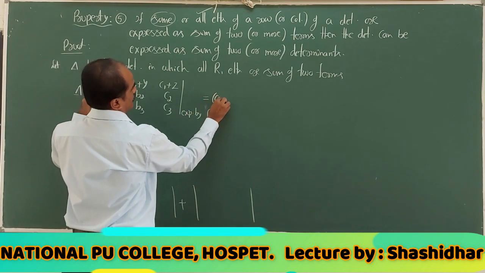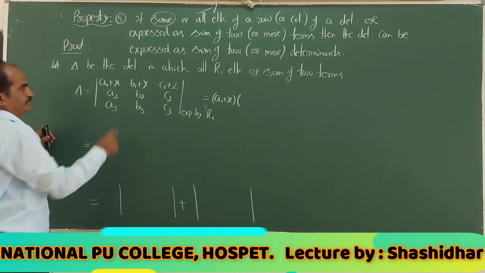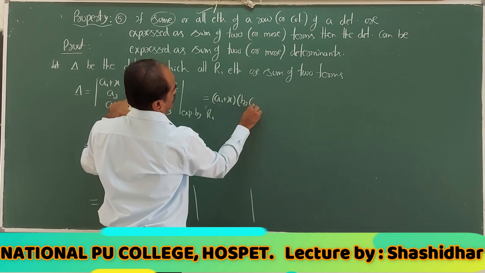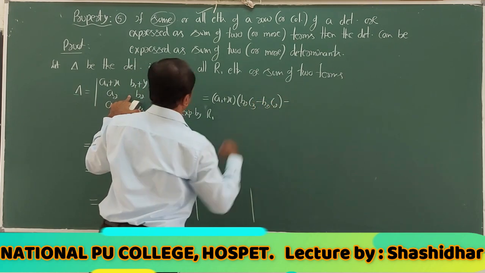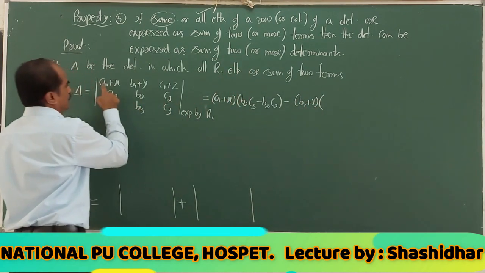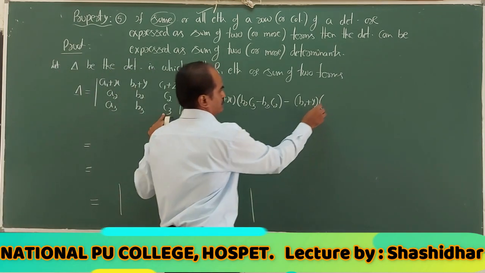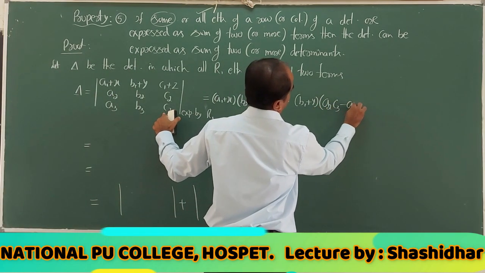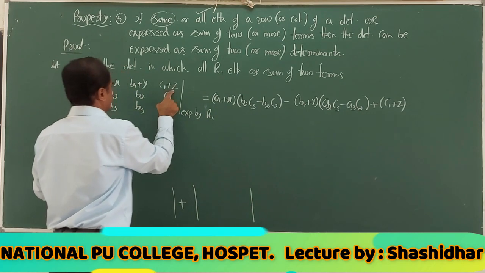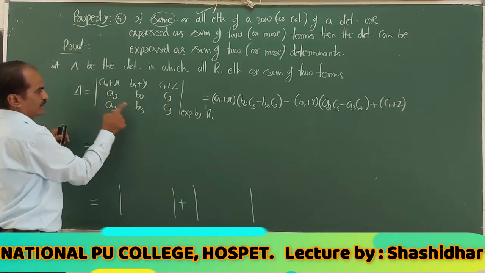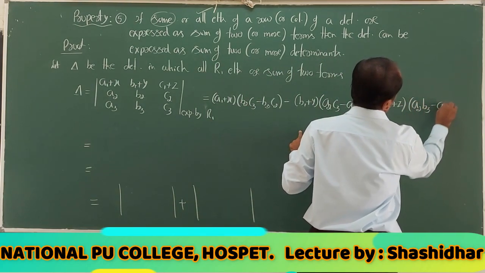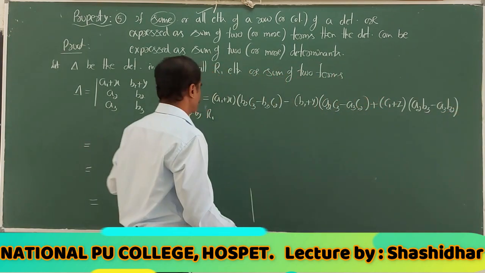That is A1 plus X into, leaving first row, first column, B2 C3 minus B3 C2, minus B1 plus Y into, leaving first row, second column, A2 C3 minus A3 C2, plus the last element C1 plus Z into, leaving first row, third column, A2 B3 minus A3 B2, is equal to,